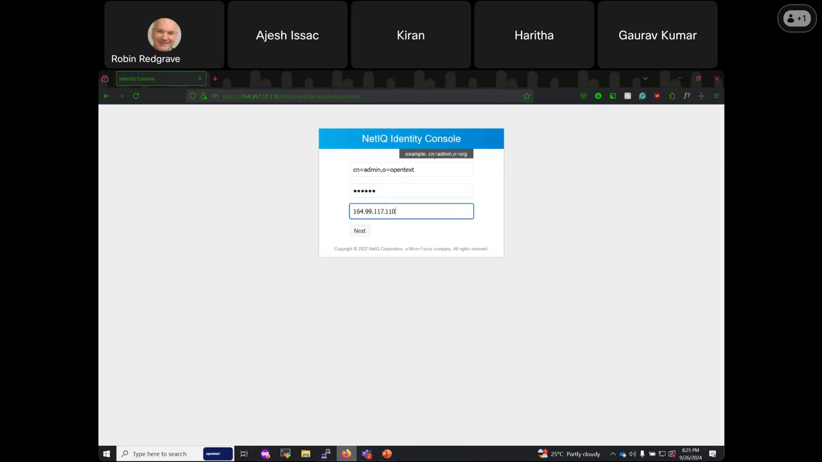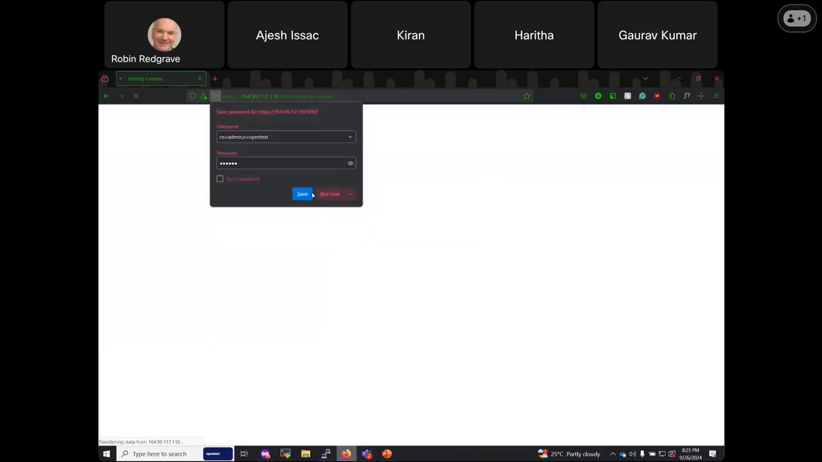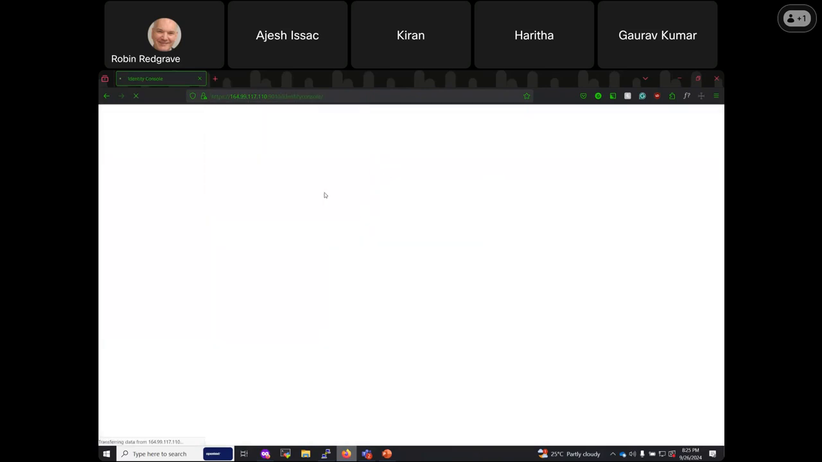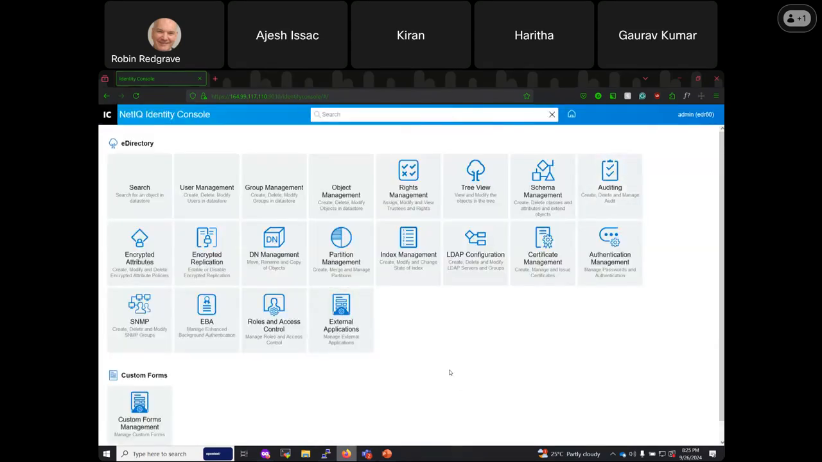So I will access IC here. If I use 110, we will not see any issue, because this is already added in the EDER host in the EDER API conf file. Now we have logged into IC, and we can play around with the eDirectory services it provides, like searching objects, user management, group management, rights management, tree view, certificate management. I will log out